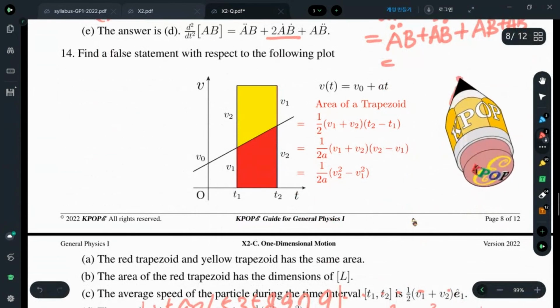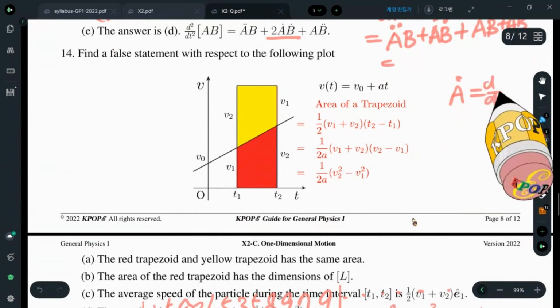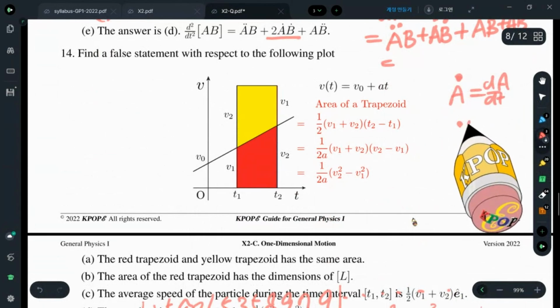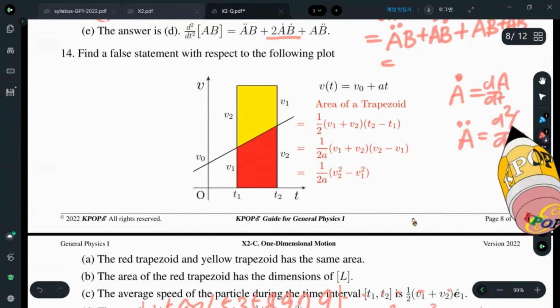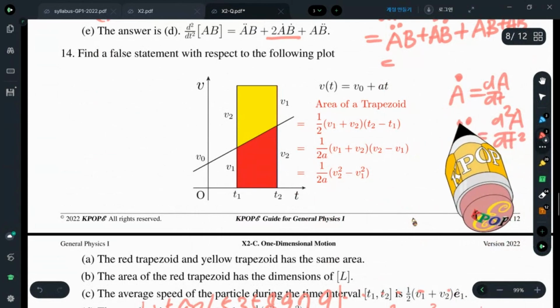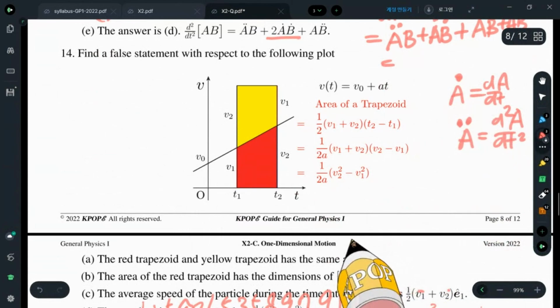You know, a dot is a time derivative. Okay? Double dot is double time derivative. They are shorthands. Okay,